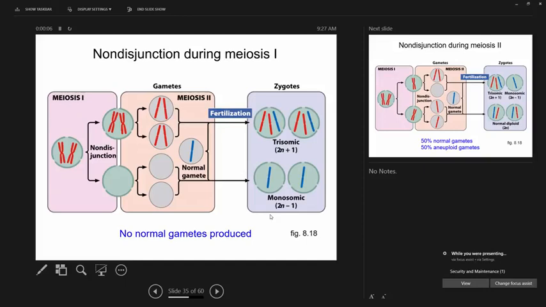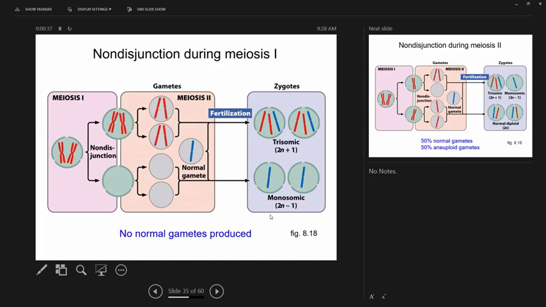So we talked about this a little bit in lab. You guys did non-disjunction. You can get out your chromosome bags at home and do this again if you want to review. They're actually very helpful in that way. Non-disjunction during gametogenesis. So if you have non-disjunction during meiosis 1, there will be no gametes for that given chromosome